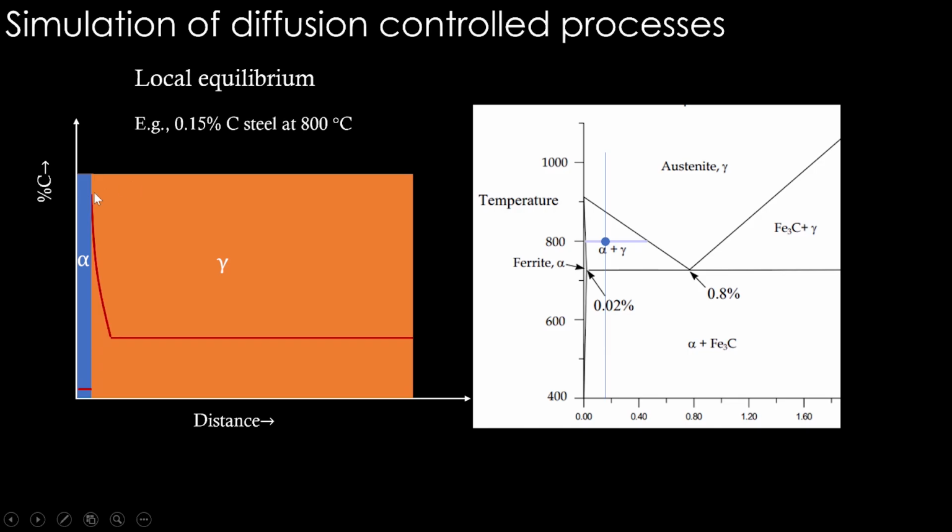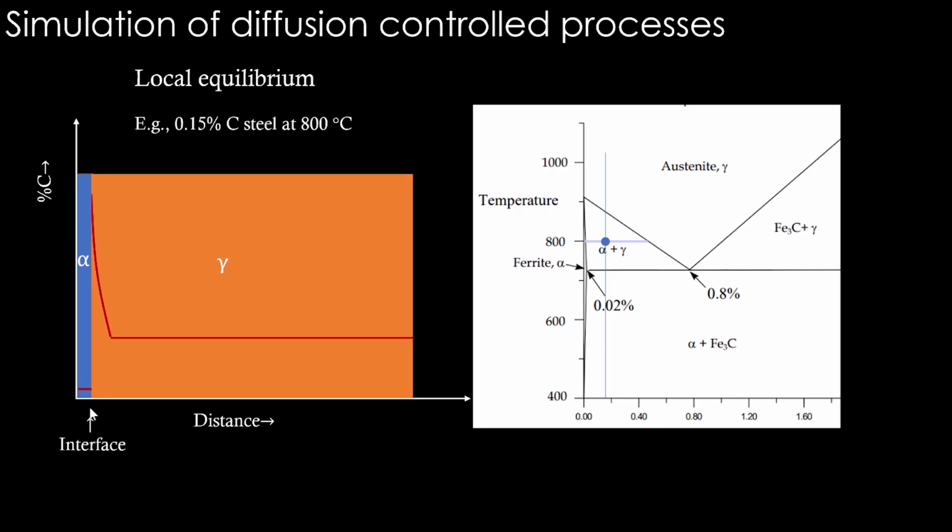Okay, and beyond that, you see the composition of gamma, carbon content goes down and eventually reaches the overall composition that we initially had. What will happen here is there is an interface forming here, and as alpha grows with respect to time, this interface will move. As the interface moves, there is this alpha growing which has very less content of carbon. Therefore, all the carbon from this blue region will be rejected into the orange region. So gamma will get enriched in carbon, and throughout gamma, the equilibrium composition of gamma will be attained somewhere near 0.4.